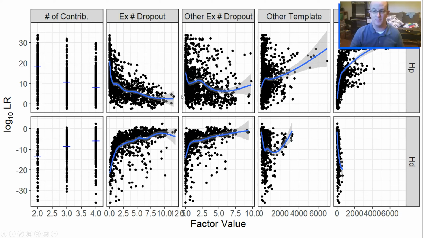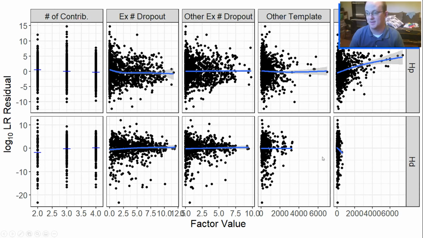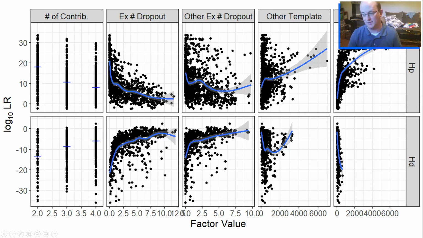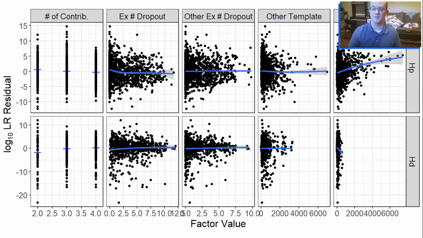So we use the random forest model fit separately to the data from the top and to the data from the bottom to arrive at predictions, to try to adjust those to see if we can get to something more stable. This is now looking at residuals from the random forest fit, and it's certainly more stable than it was. It's not perfect, because we can still see potential trends, in particular related to template, but those trends are certainly less severe than before. So we have substantially stabilized that distribution.